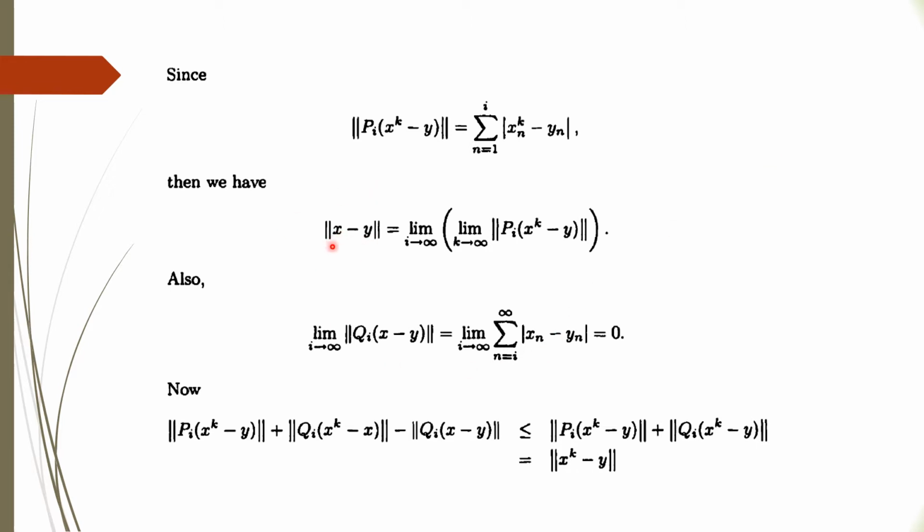Then we have the norm of x minus y. It can be written as the norm of pi xk minus y. Take the limit k going to infinity, so it contains all these elements, and then take I going to infinity, so that will become your norm of x minus y,